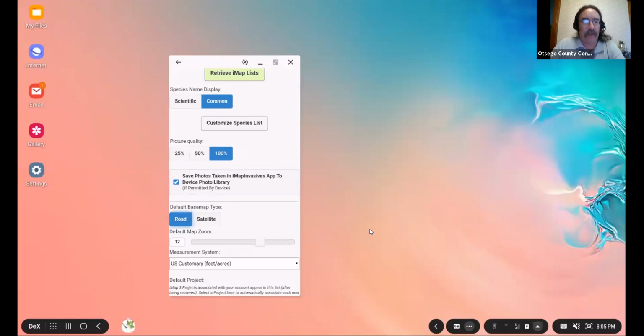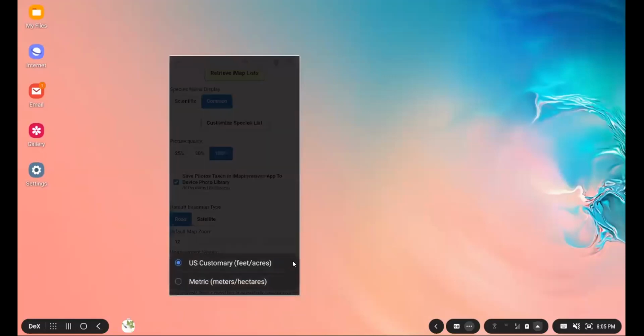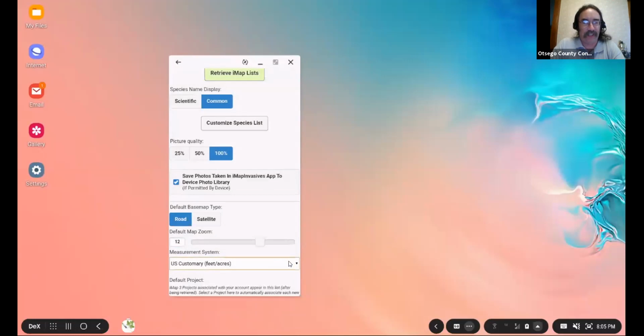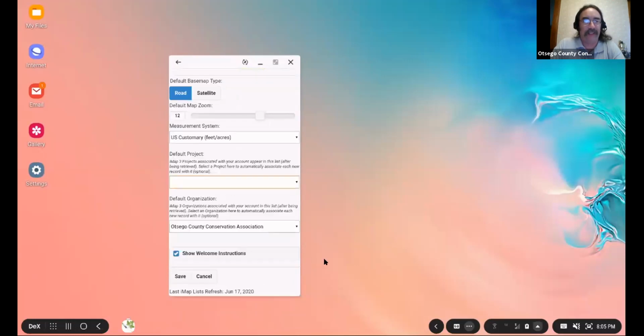And these are some of the defaults. I've used the road map as opposed to the satellite image for the phones. The map zoom is, again, the same default that I've just used. You can change things like from the US system to the metric system. I am old enough that I still think in feet. I think most Americans do probably. We never made that change that they promised.